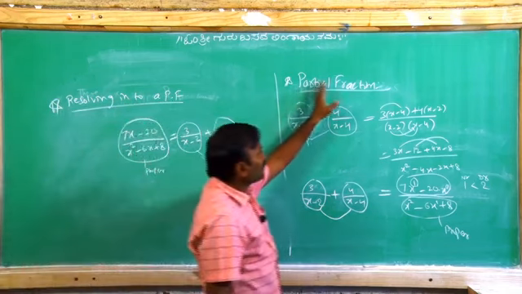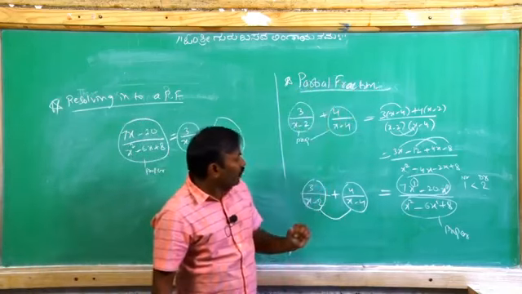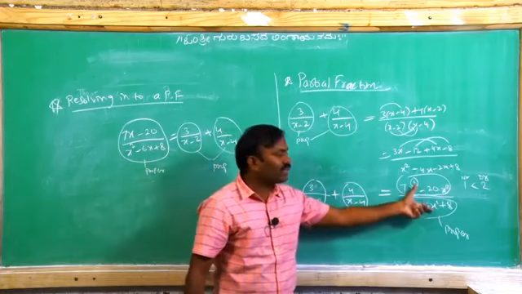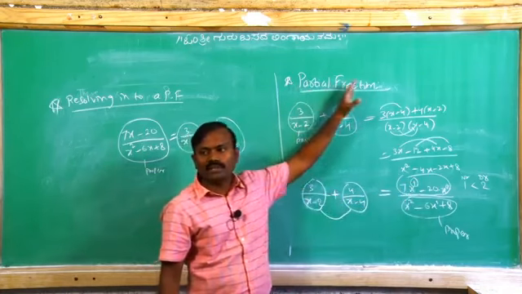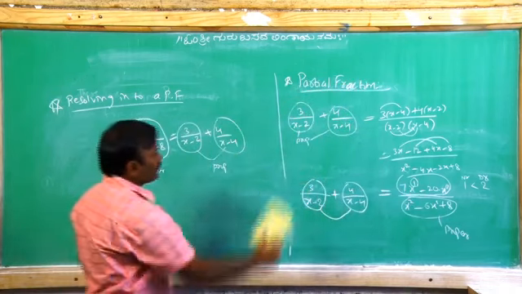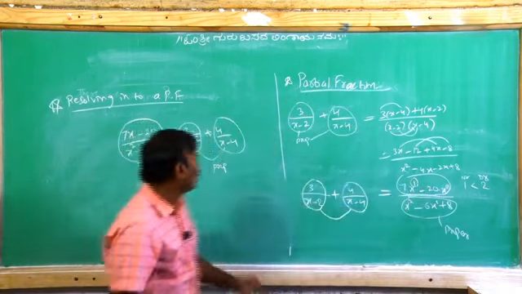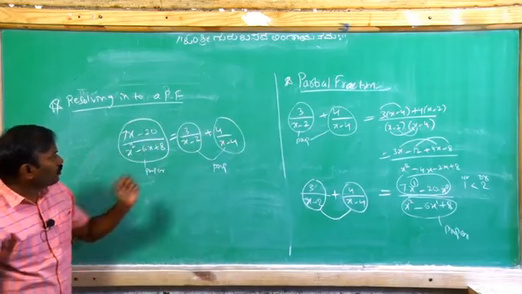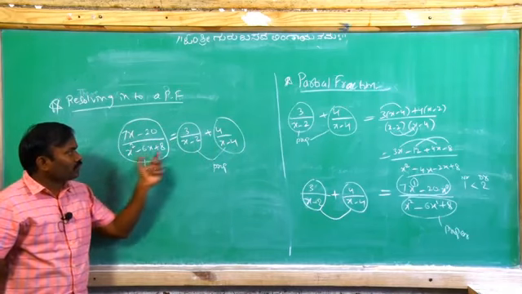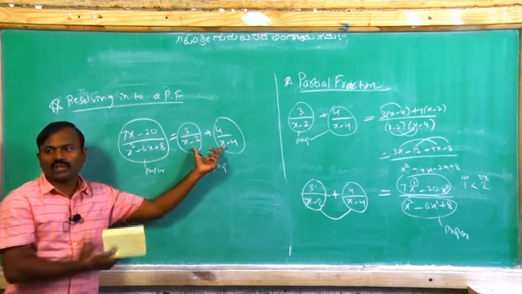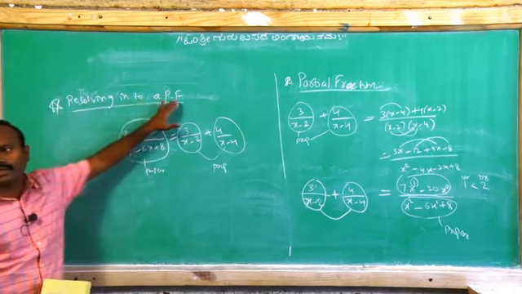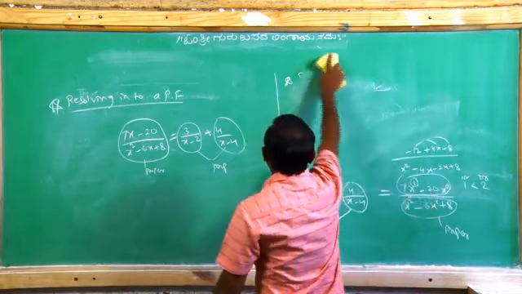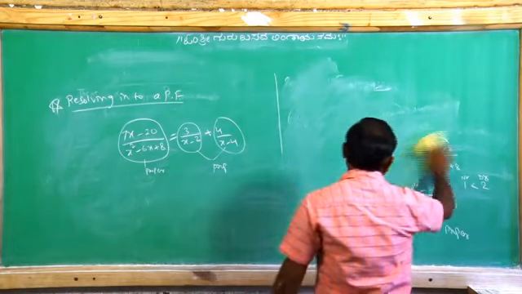So what is a partial fraction? When we have to express the sum of two or more proper fractions as a single proper fraction, it is called a partial fraction. Now, in the reverse, take this RHS equal to this LHS part. When we have to express a single proper fraction as a sum of two or more proper fractions, it is called resolving into partial fractions. Okay. We come to some problems on resolving into partial fractions.